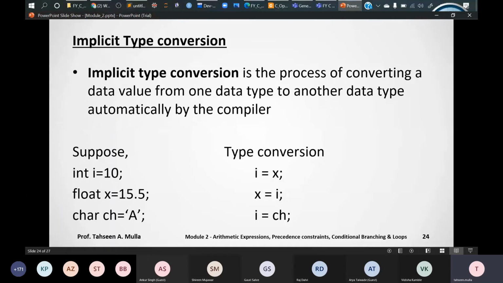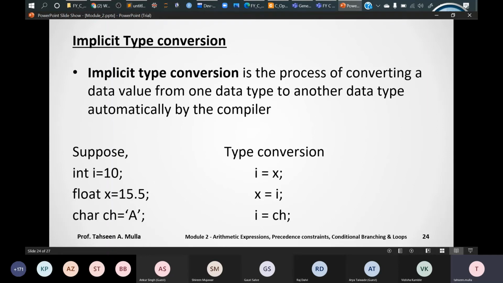If I'm going to lose any precision, even of 0.0001, a compiler will give you an error that there is a loss of precision in your answer and you need to explicitly convert it into whatever data type you need, right? So when we do not have to write any code to convert one data type to another data type, we call it implicit type conversion.